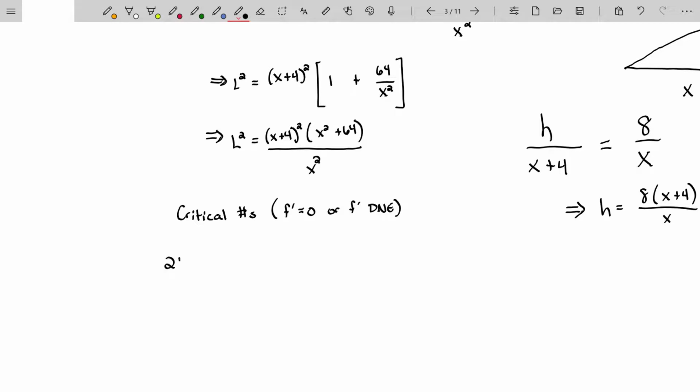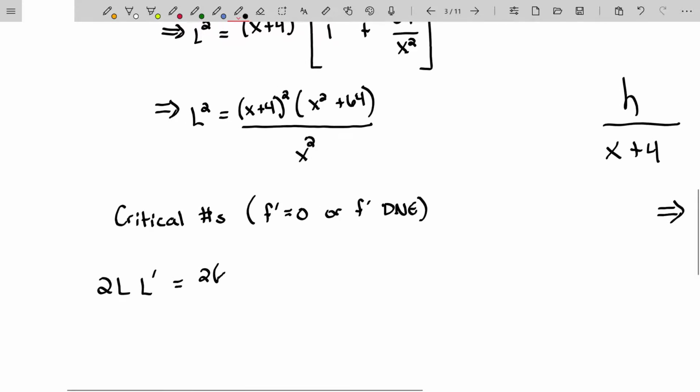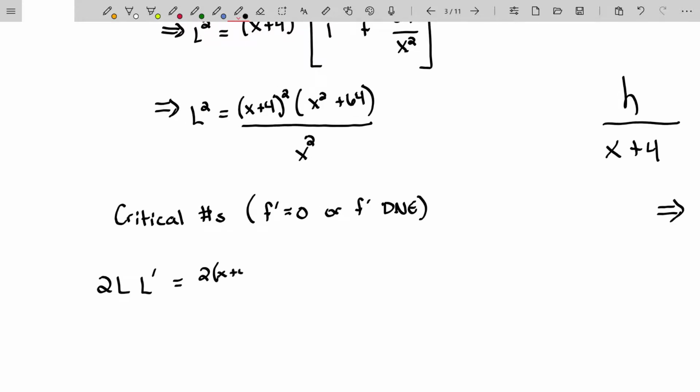We have 2L times L prime is equal to. Let's see, now on the right hand side we have a quotient rule, so that's going to be the derivative of the numerator, which is a product rule, sorry, but that's what it is. 2(x plus 4) to the first times the derivative of x plus 4, which is 1, times the quantity x squared plus 64, and then plus,